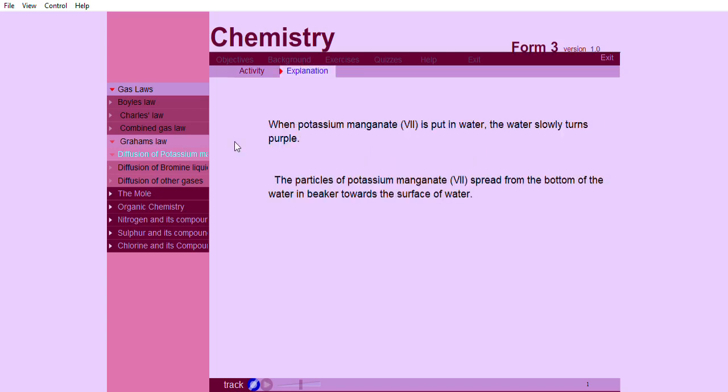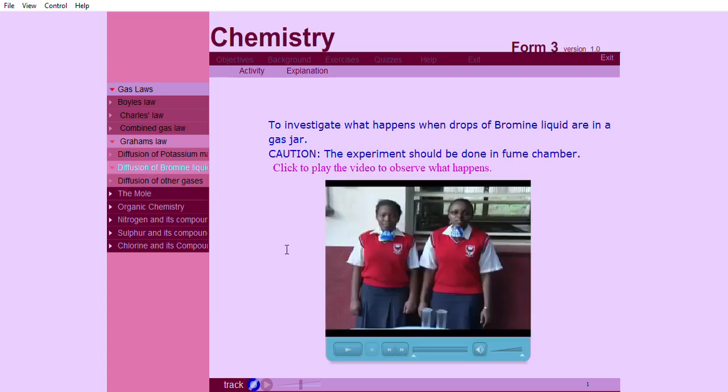When potassium manganate(VII) is put in water, the water slowly turns purple. The particles of potassium manganate(VII) spread from the bottom of the water in the beaker towards the surface. To investigate what happens when drops of bromine liquid are in a gas jar, the following experiment is performed in open air or a fume chamber because bromine liquid is very poisonous. The reagents and apparatus to be used in this experiment are